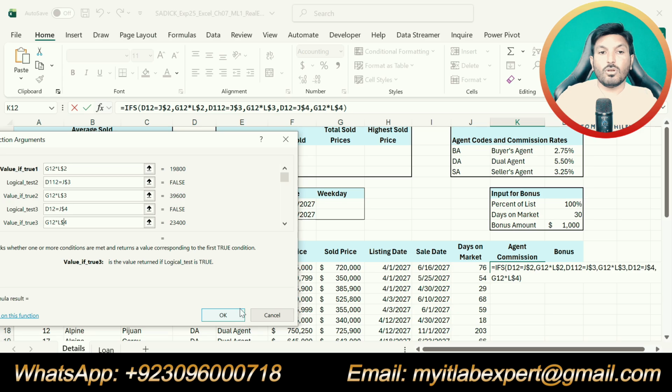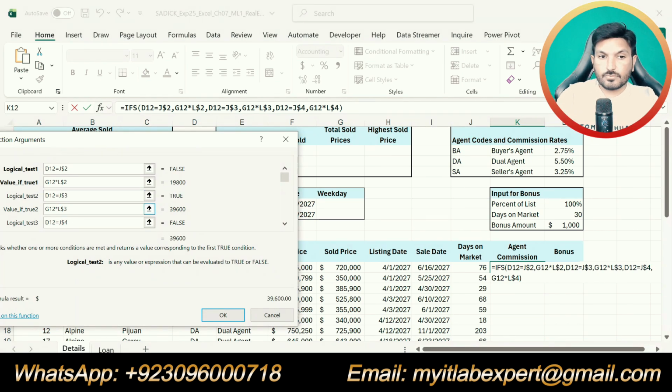Okay, so now let me repeat it again. Our logical test 1 was if the agent code is equal to BA, then the agent commission will be the sold price multiplied by L2. Then we checked if the agent code is equal to DA, then the agent commission will be sold price multiplied by L3.